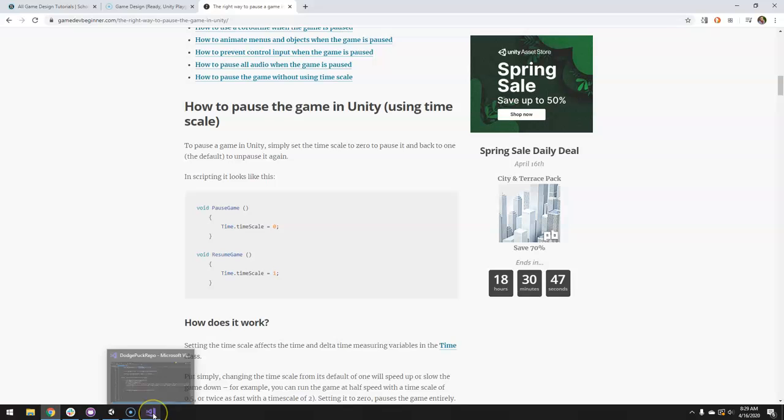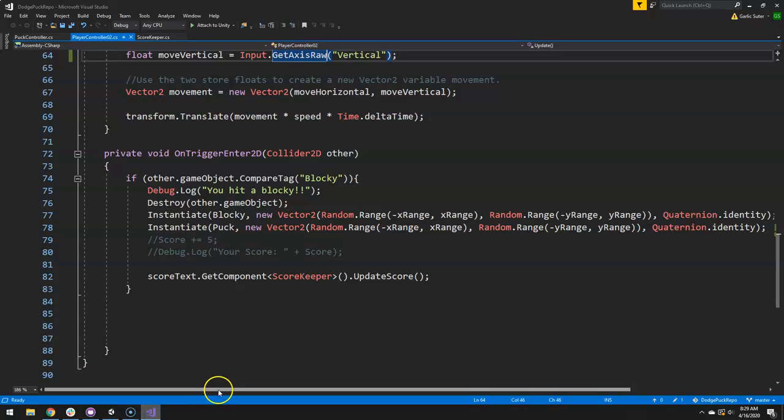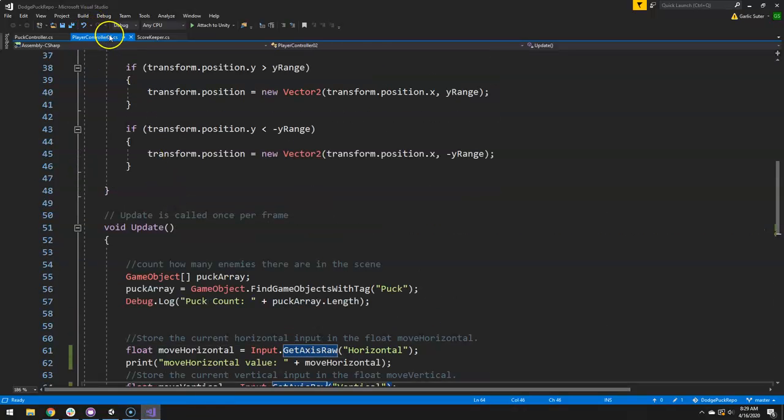Anyways, so what we can do is say when we on trigger enter this puck, the puck is a trigger, and once we make all these changes, then we'll overwrite it to the prefab so that all the pucks that spawn also have that. We want to tag this as puck. If you don't have a puck tag, go to add tag and add it. But we're going to add the puck tag so that in the player script here, we're in the player controller,